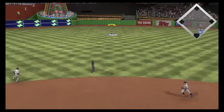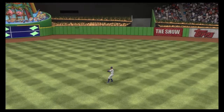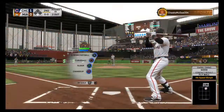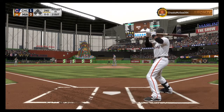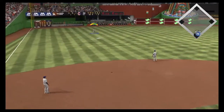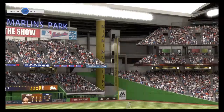High in the air out to center field. Robles is there. He hauls it in without any trouble, and there are 2 away. Here's Jurickson Profar. They'll try to make something happen with 2 gone in the bottom of the second. Tries to go the other way as this is in the air to left field. Bryant is there, makes the...